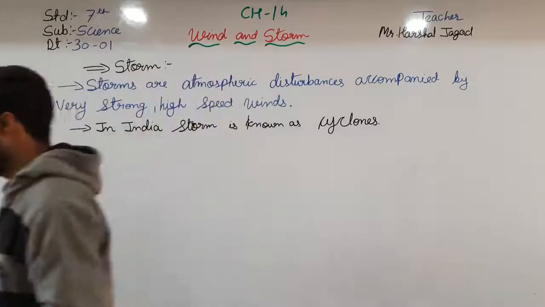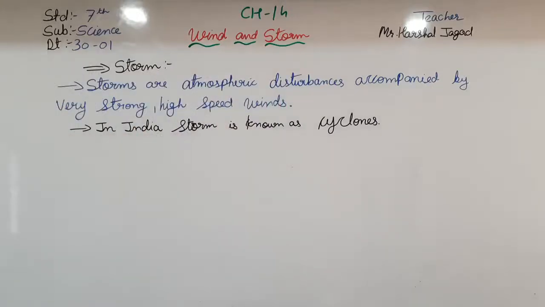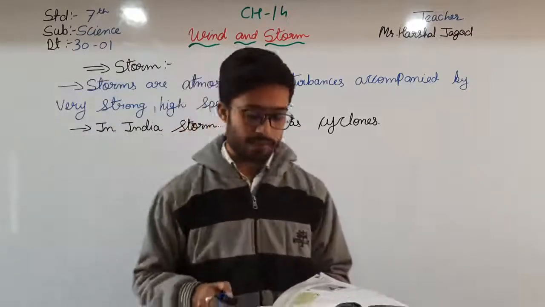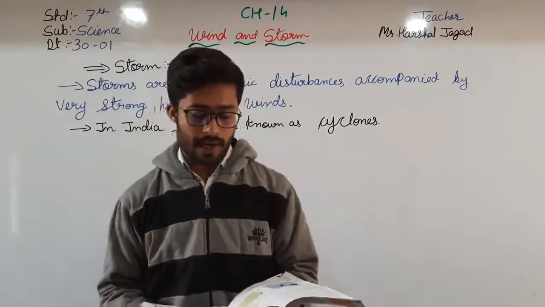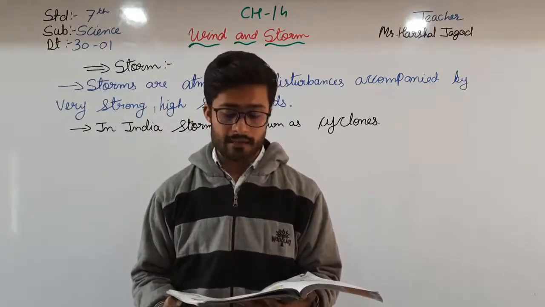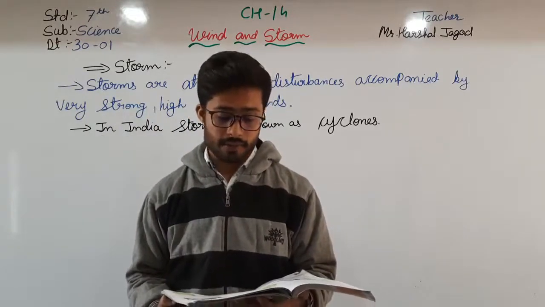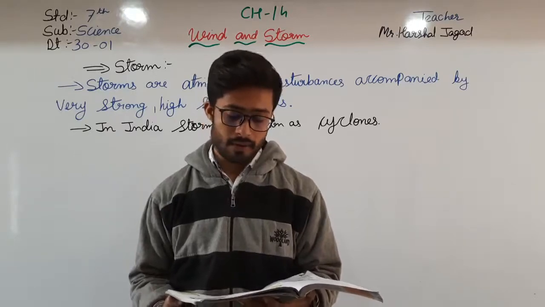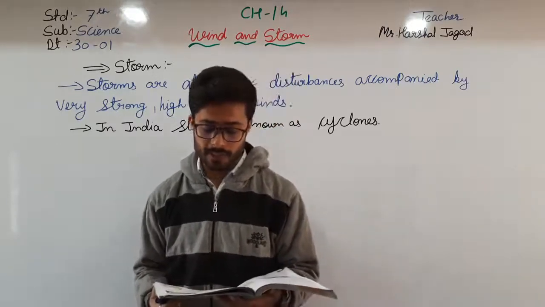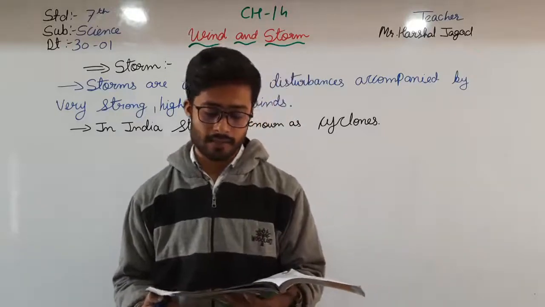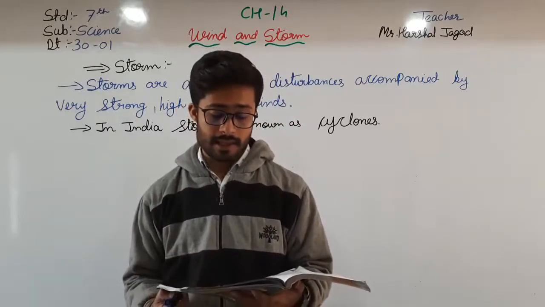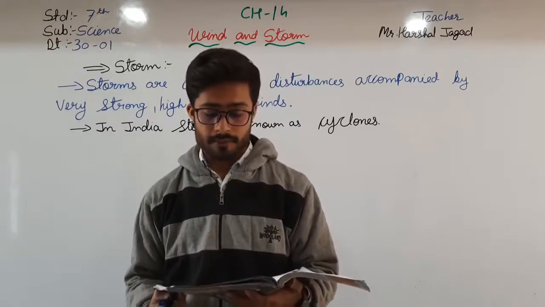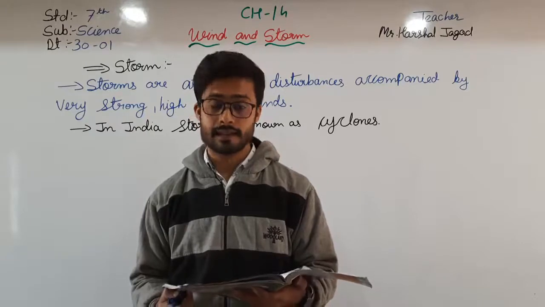Okay students, steps 1 and 2 continue, and the winds spiraling around the eye of the storm gain very high speed. This whole storm system consists of an eye and spiraling winds. It is very difficult to predict the exact path a cyclone will take, just like it is difficult to predict the path of a spinning top. Storm systems can be tracked by satellites.